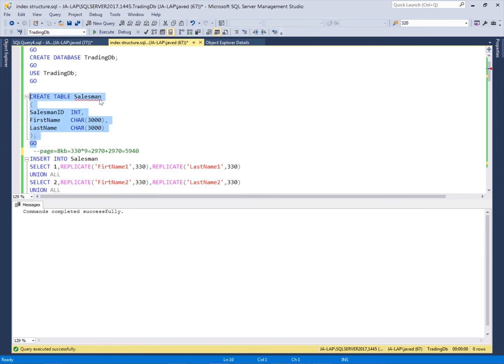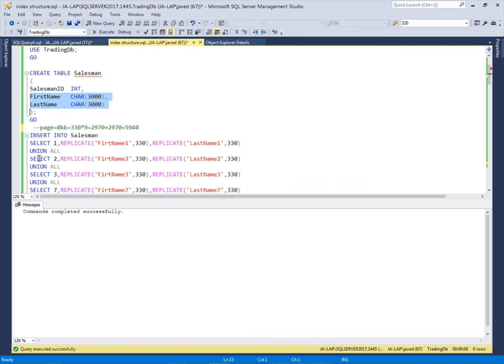The table name is the salesman table, and this table contains three columns: salesman ID, which is of type integer, and the first name, which is a fixed-length character 3000, and the last name, also fixed-length character 3000. So this is the size of the table, and now I will insert records in this table.